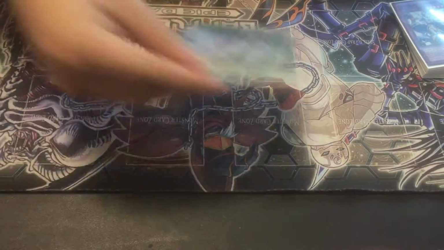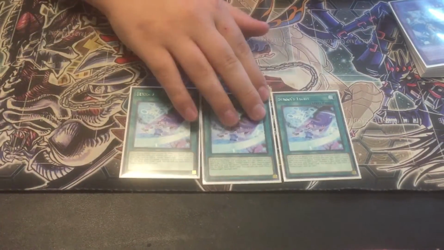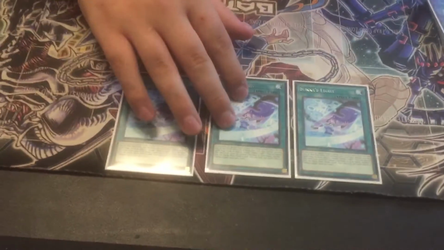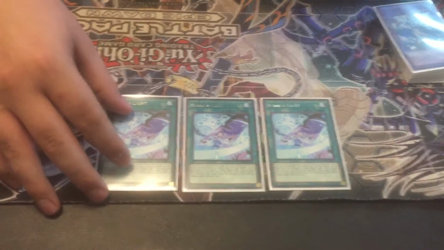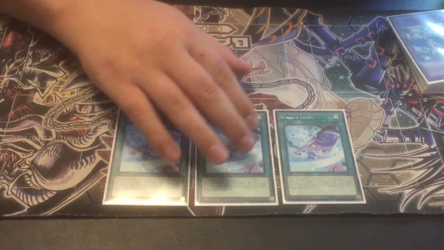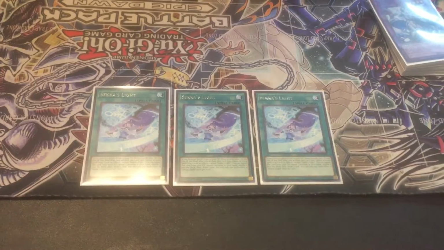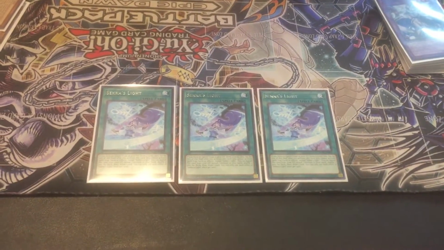Now for the spells. 3 Sekka's Light. Most people in the competitive meta right now are finally understanding how good this card is, but if you don't play a whole lot of spells, then Sekka's Light is amazing. Agents is a deck that doesn't need a whole lot of spell cards, but Sekka's Light helps. The card I was going to show you was...